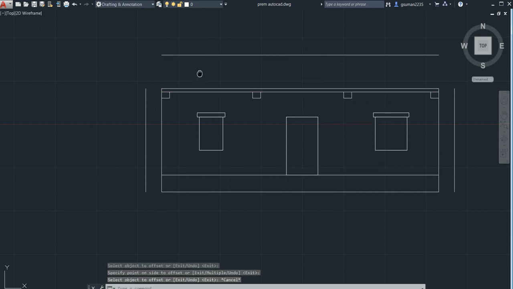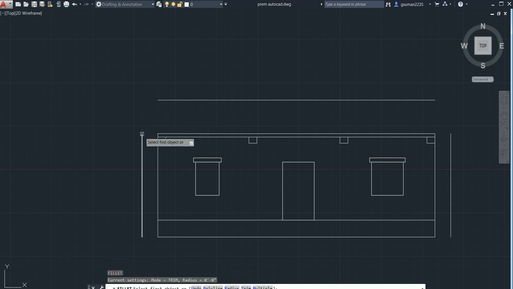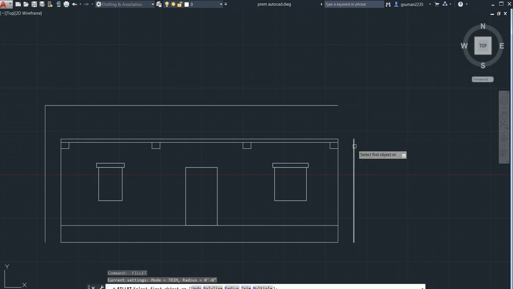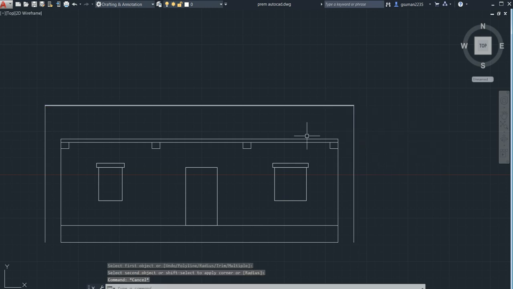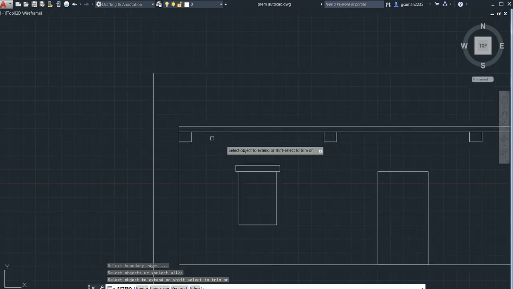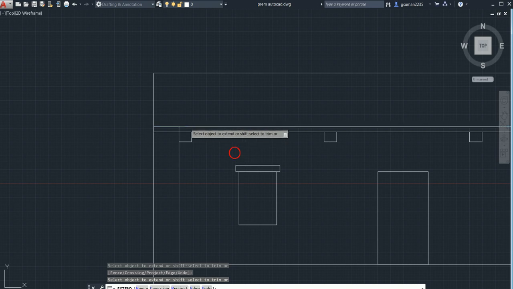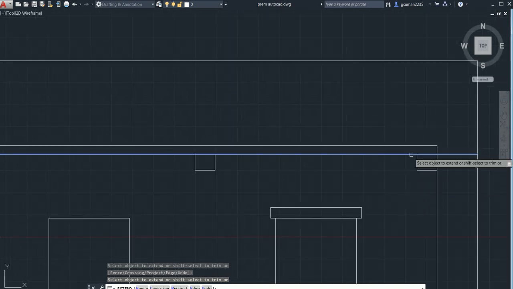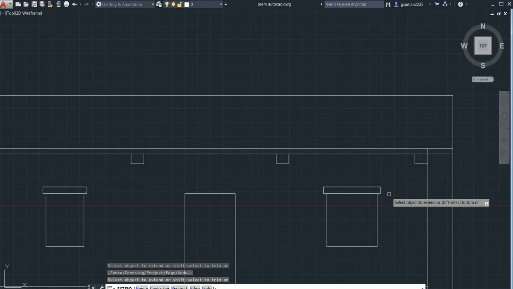Now I already explained to you about the fillet. Go for the F command, select this and this, spacebar, this and this, escape it. Extend this with the help of the extend command. Extend this, and here also, extend this, skip it.